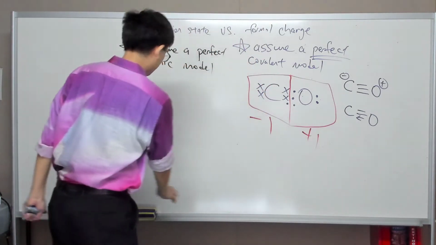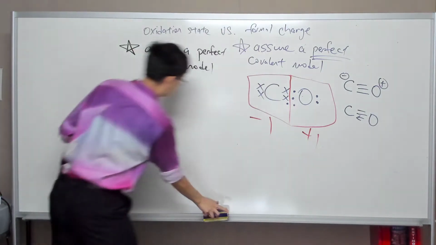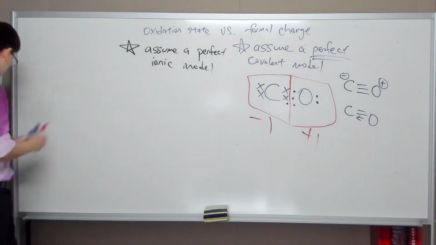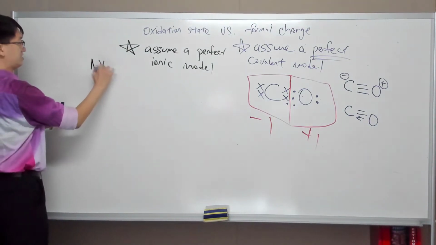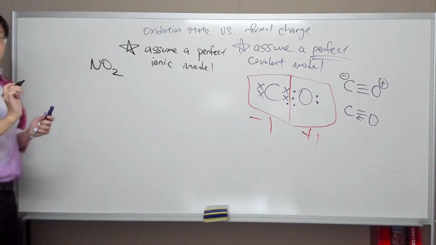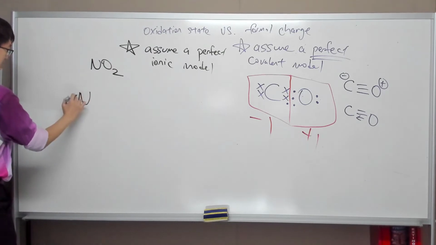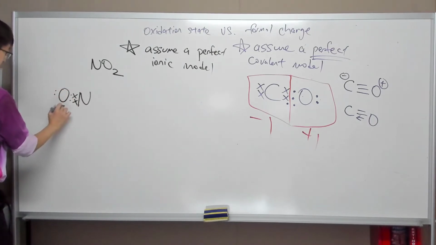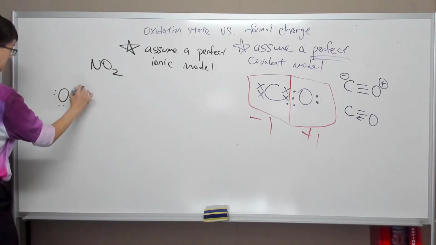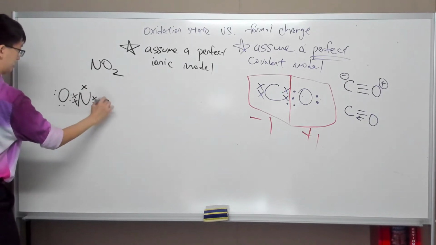I'm going to illustrate to you another example. I think I can use the board on the left, I think it's easier. So the other example will be NO2, which you learn in JC1. For NO2, again, the dot and cross diagram is not so inspiring. So we have something like this, or like this, and of course we have like this, like this, like this, like this, and then